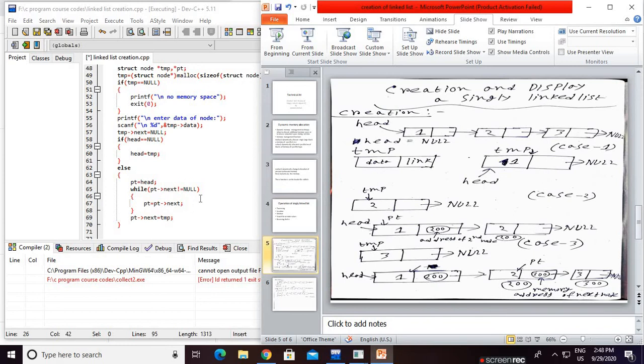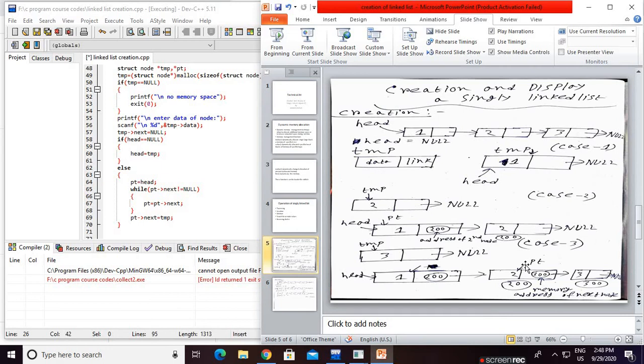Is the condition true or false? PT arrow next means this node. It is not null, so the condition is true. Now PT equals PT arrow next. That means PT was first pointing here, and now PT is pointing here.